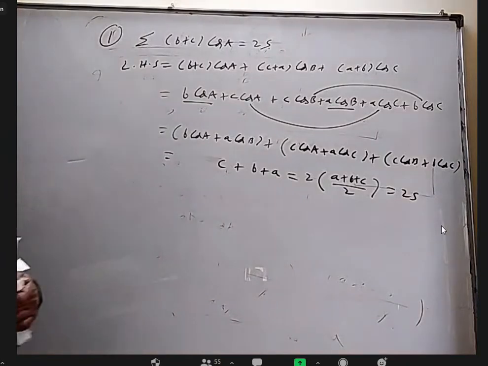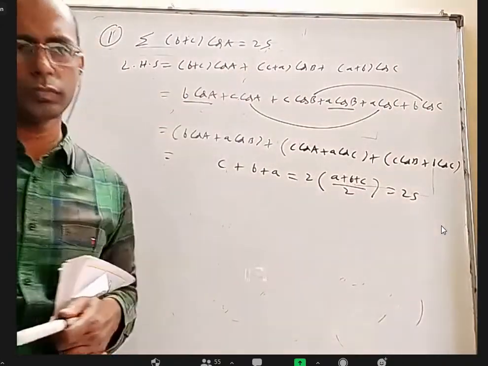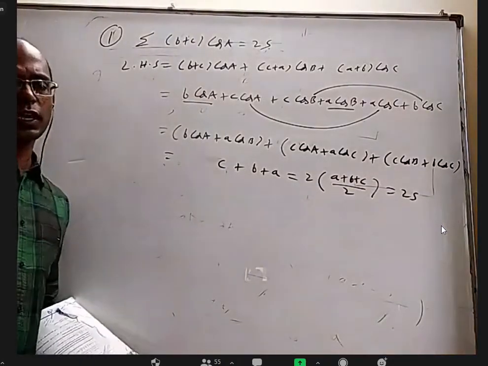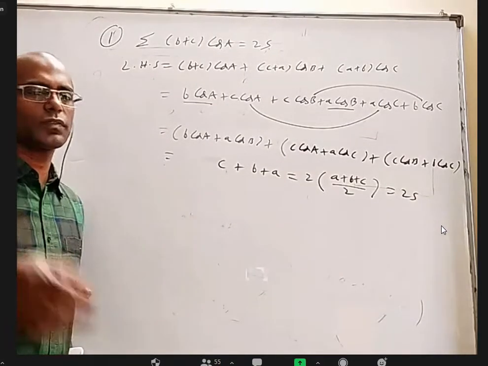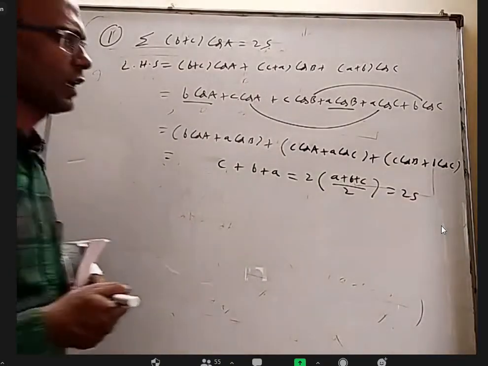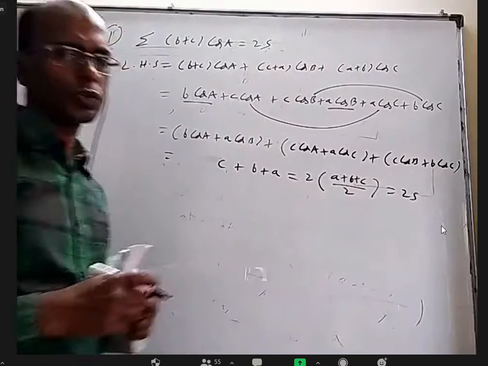You can see the same question, if you use cosine rule, it will become complicated. If you directly use cos a here, you don't know what to do. The big expressions will come. So that is exactly the point. In this chapter, you have to see which formula, if you use, it is easier. If you use some other formula, it will become unnecessarily lengthy. For very few questions there may not be any other way, it has to be lengthy only. But many questions, depending on the suitable formula, you can do easily.